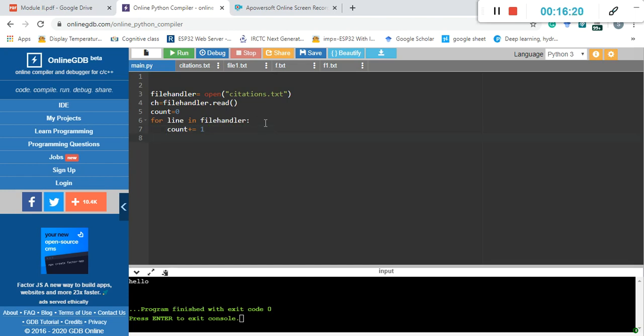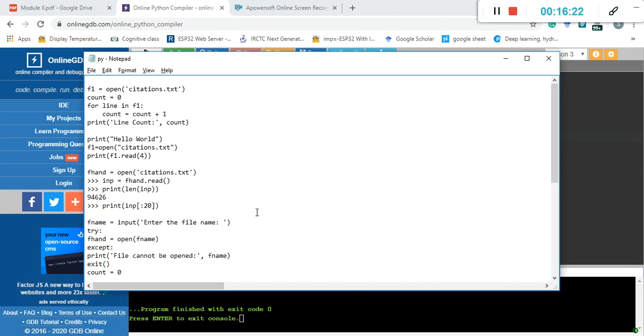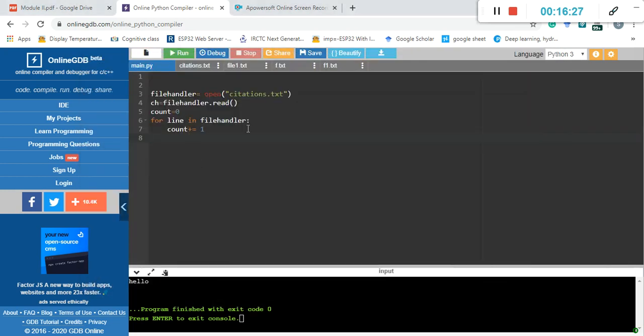Whenever you iterate through a for loop, it accesses the file line by line.